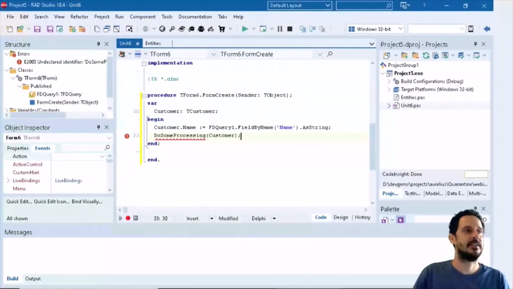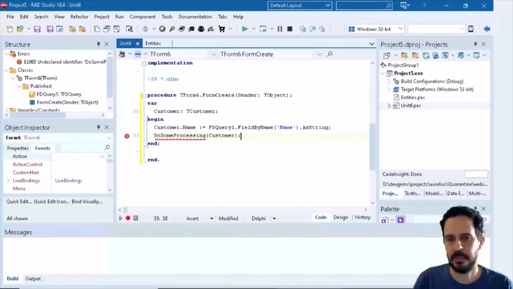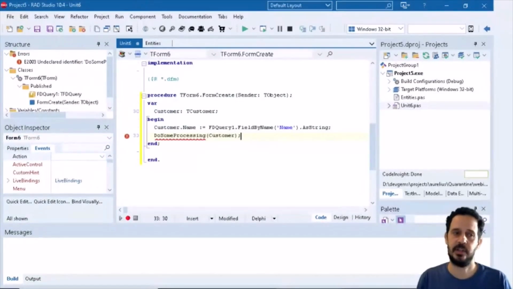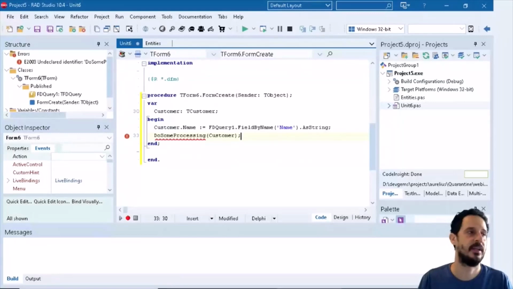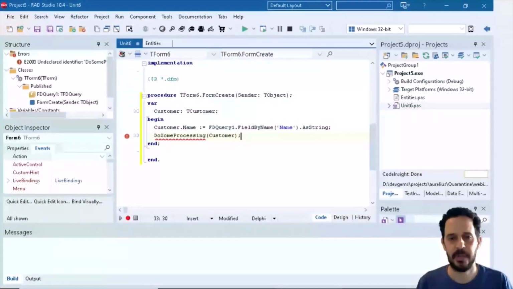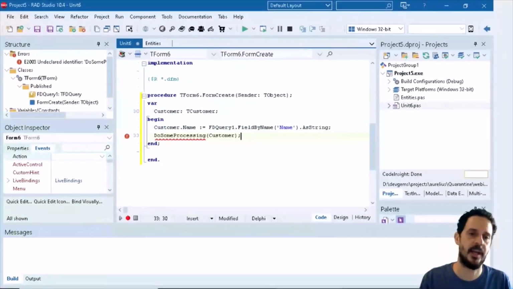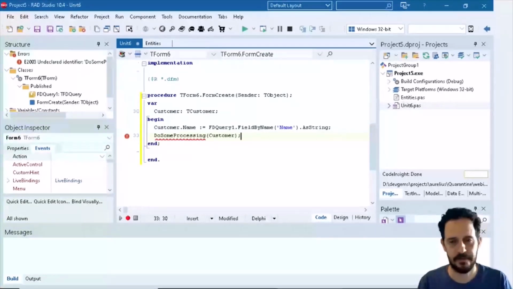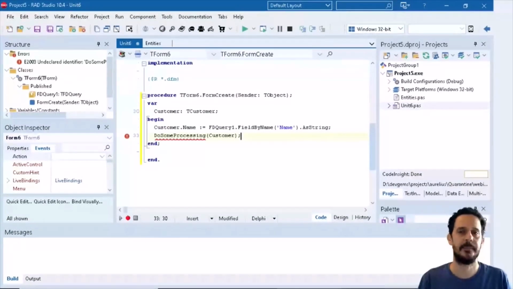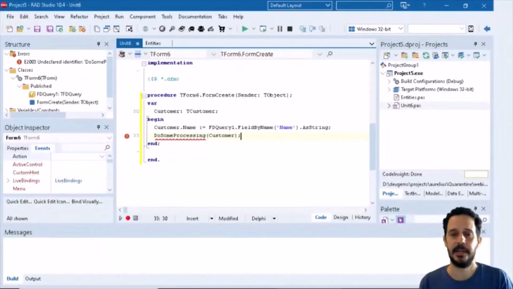Okay. Sometimes you have to use SQL statements. Sometimes you want to use SQL statements. That's another point, especially for most ORMs, but especially about TMS Aurelius. It's not all or nothing, all right? You can have most of your application using ORM, benefiting from it by creating objects and passing objects back and forth. But you can always execute SQL statements,